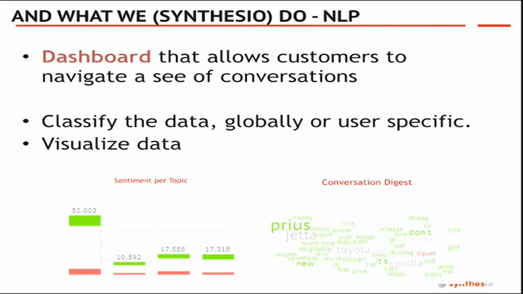We can also understand more, with word clouds that have more information attached, so you can see more or less if these words are used in a positive context. Prius was basically positive, while Touareg, people probably didn't like it. So this is what we want to achieve. We want to process the millions of verbatims that arrive every day, and just so that you have an idea, we get between 20 and 40 million per day, depending on the day. Usually weekends are lower. And we want to analyze all of this data and put it in a visible way for our customers.